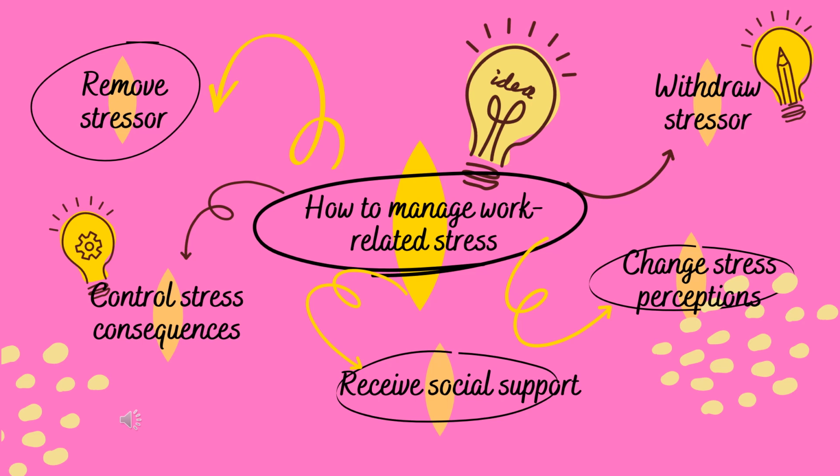Last but not least, receiving social support can help to manage work-related stress. It is because social support occurs when co-workers, supervisors, family members, friends, and others provide emotional or informational support to buffer an individual's stress experiences. For instance, one recent study found that employees whose managers were good at empathizing experienced fewer stress symptoms than did employees whose managers were less empathetic.